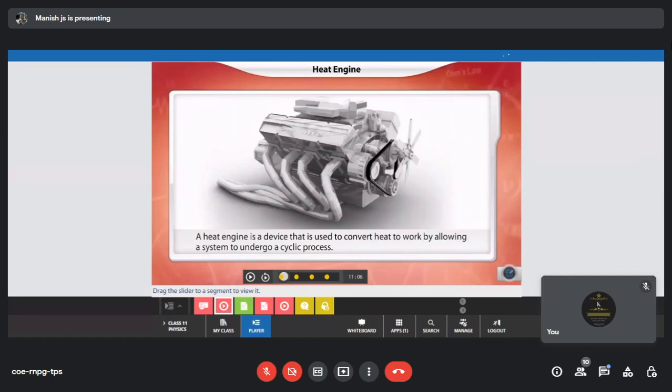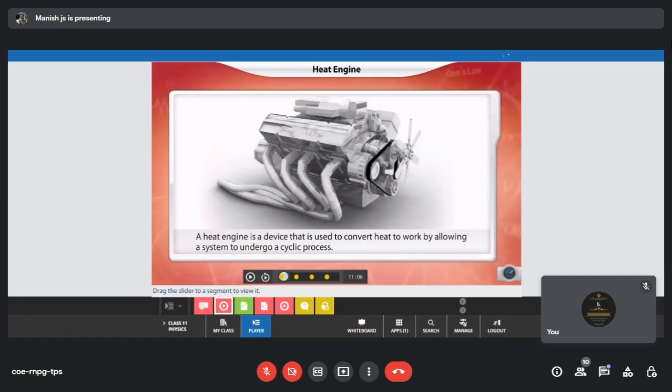I hope all of you know what combustion is. Basically, the fuel is getting heated up and the fuel has been burnt. That is what we call combustion. So when fuel undergoes combustion, a large amount of heat is produced. What it does is, inside there are pistons, and the pistons will be pushed. As the pistons move, they help the vehicle to move. That is how vehicles move. That is how the heat engine works typically.